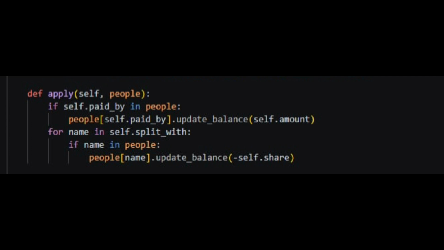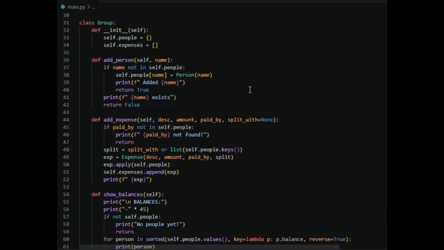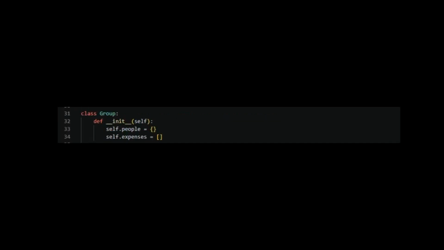The Group class acts as the main controller of the application. It manages all users, expenses, balances, and settlements inside the system. The people dictionary stores all Person objects, while the expenses list stores all Expense objects added into the program.